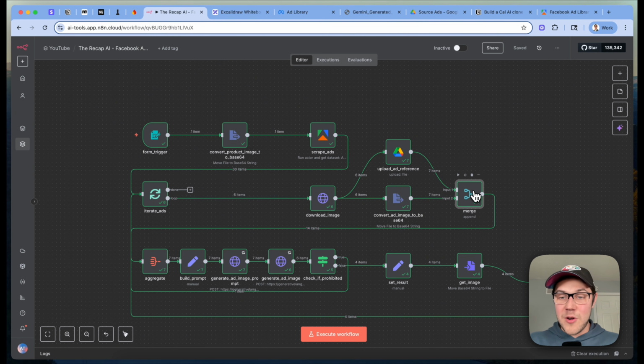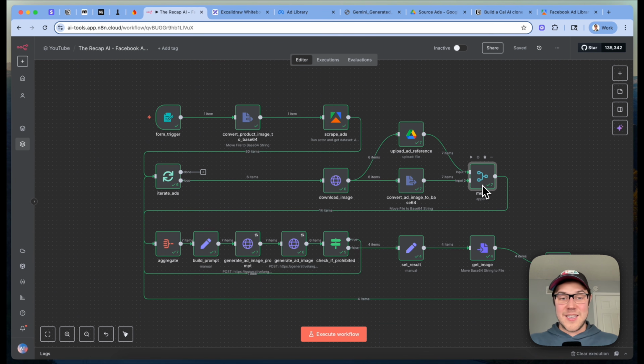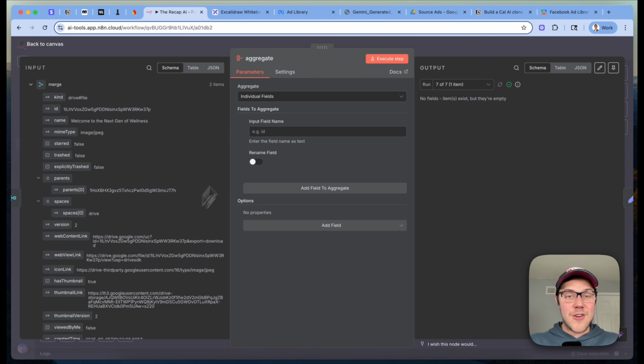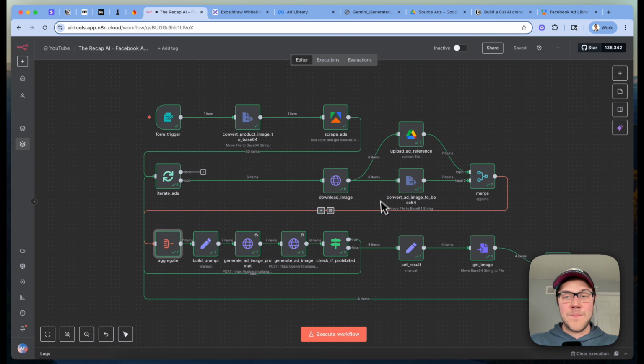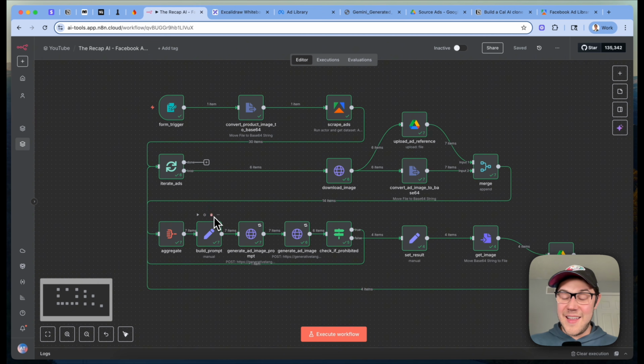And so because we merge this together, it's going to give us 2 different output items. We only want to execute this pipeline once per competitor image. We're going to use this aggregate node to bundle everything together. The next step we do here is going to be the start of working with the Gemini APIs and the